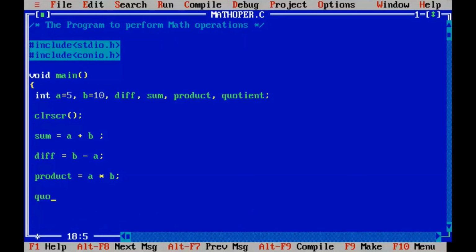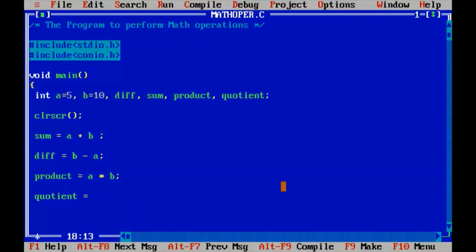So for quotient, make sure that you are writing the right variable without any spelling error, same as here. Don't change the letters in the variables, otherwise you will get an undefined symbol. This forward slash is used for the division operation. Remember there is one more slash, the backward slash, which is used along with the n character, \n. If we use this \n, we'll get a line break in printf statements. Commonly we use it for escape sequences, and this forward slash will act as a division operator.